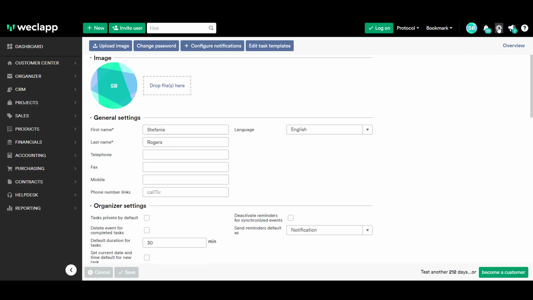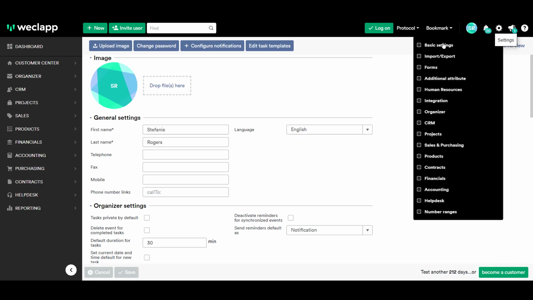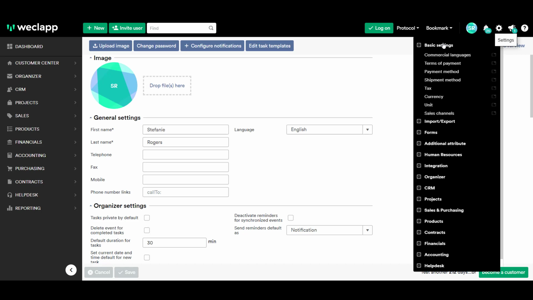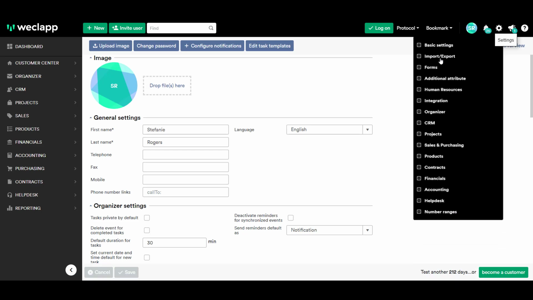The global settings are on the top here under the settings icon. Those are very important since those are applied throughout your whole organization. So to give you an example, there are basic settings like your commercial languages, your tax information, your currency information. If you're an internationally trading organization and you're dealing or trading with different currencies, there's also things like creating